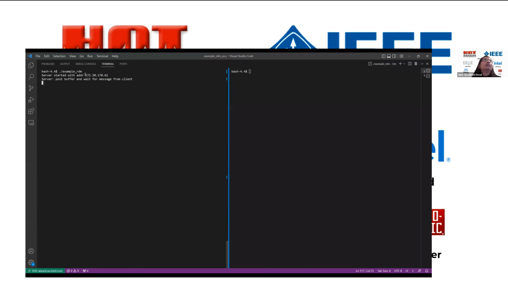So here our server has started with this address, and it has posted a receive buffer, and it is waiting for a message from the client. So on this side, we will start up a client and provide this address as its